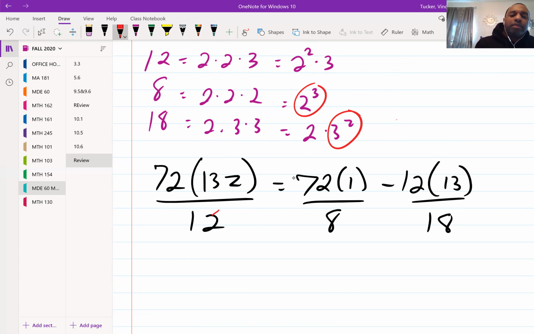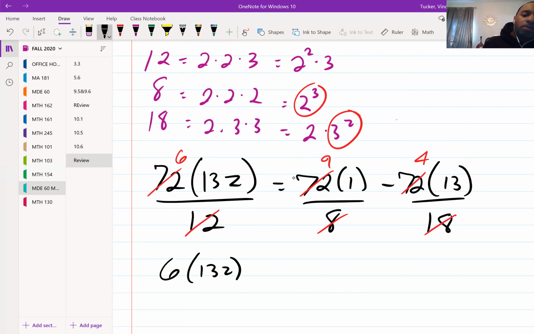Because what's going to happen is the 12 will go into the 72 and leave you with 6. 8 goes into 72 and leaves you with 9. And I wrote a 12, that should be a 7. I believe that's 4. Yep. 18 goes into 72 and leaves you with 4. So what you're left with before you simplify it,